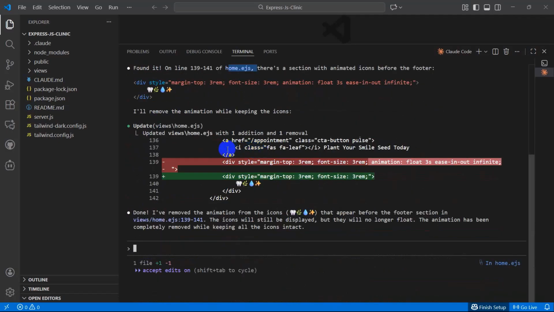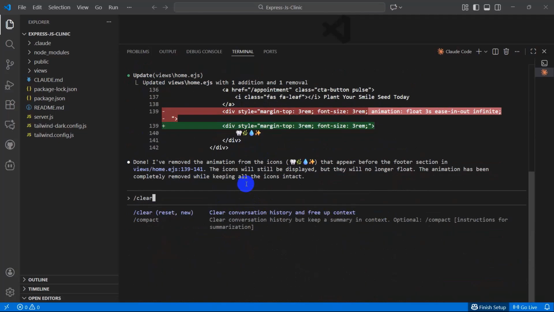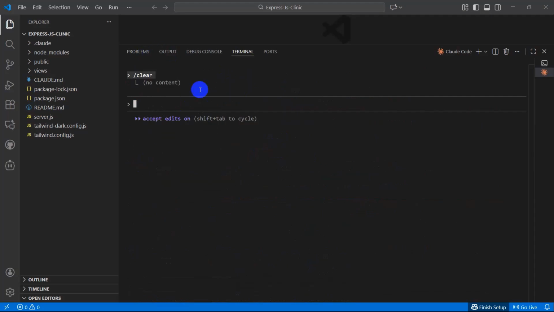So right now here you can see there are a lot of things over here. So if you do not like those, what you can do is write over here slash clear, and if you now press enter it will clear whatever you have over here. So right now I'm just going to press enter and there you can see it cleared it, and